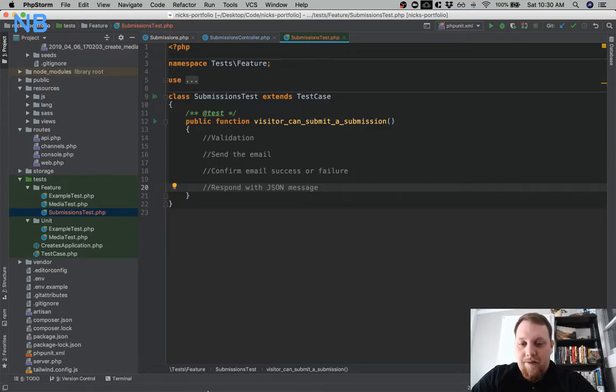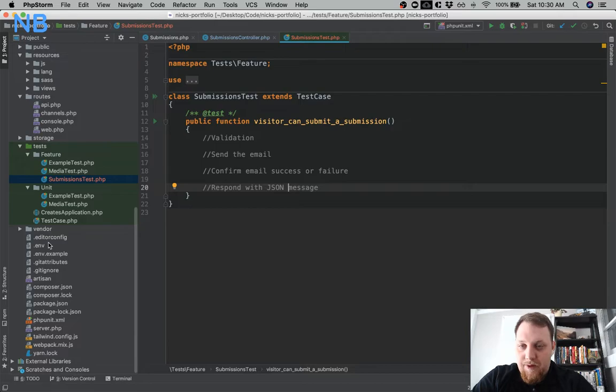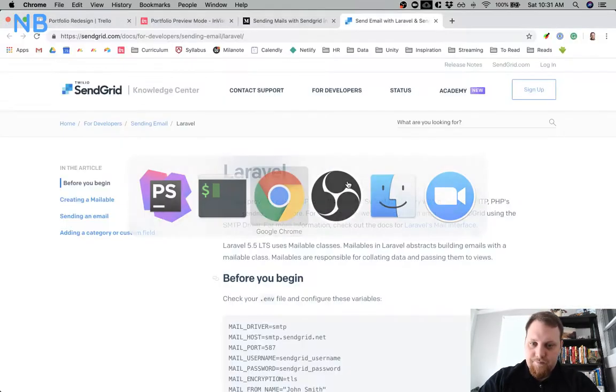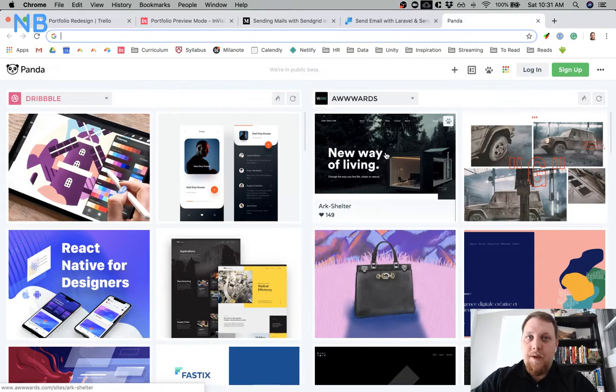And so let me go back to the Laravel docs, and actually I'm going to do a couple different things here. First we're going to go into env, and we'll go to Mailtrap, and we'll set this up first. I'm going to obfuscate this for a second. Apologies, because I'm going to put in some keys here. It's not that I don't trust y'all, it's everybody else on the internet who could see this that I don't trust. And which one do I want to use? Oh, let's use this one. And I'll go ahead and set up our, oh, I'm going to have to delete all these. Alrighty, we got some credentials here. And I can always reset these pretty easily, but just want to make sure we're